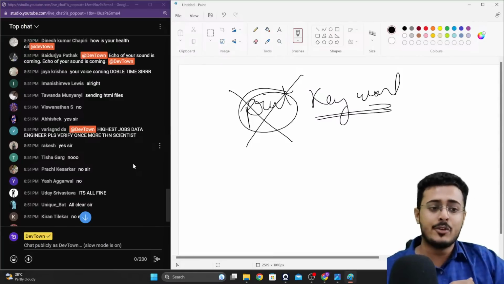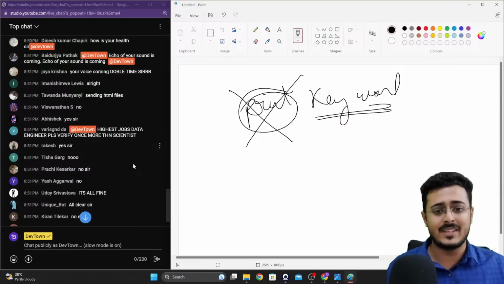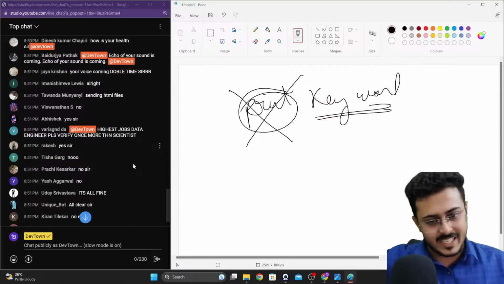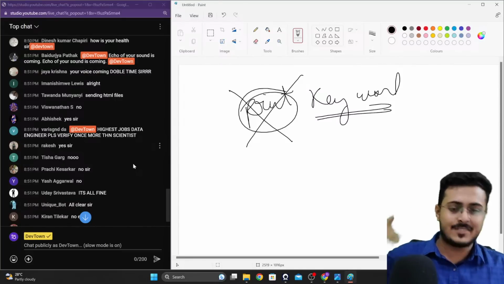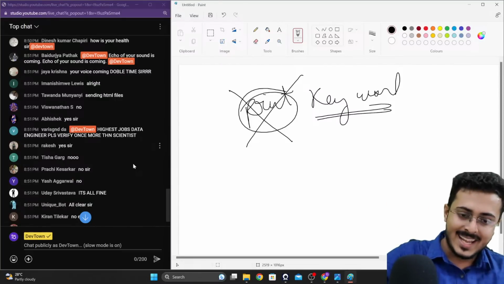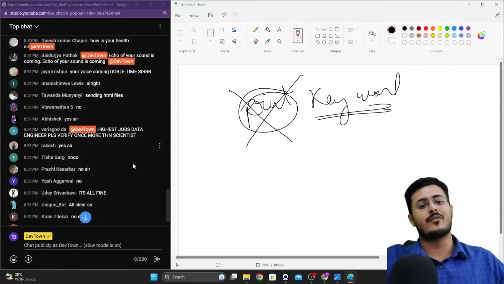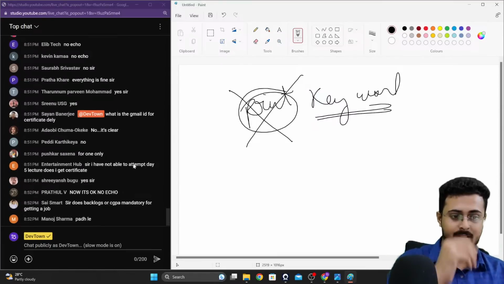What you have to do for all these positions is study just data science. There is nothing different right over there. You have to study data science for becoming a data analyst. You have to study data science for becoming a data engineer. You have to study data science for becoming an AI ML engineer. If you want to become a data scientist, you have to study data science itself. If you want to become a software engineer, you have to study data science itself. There's no change right over there, guys.